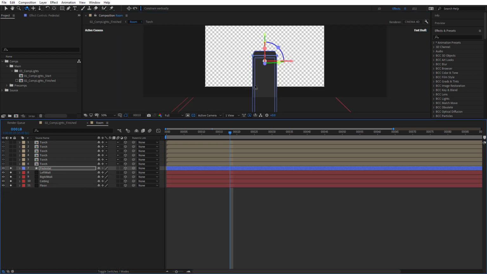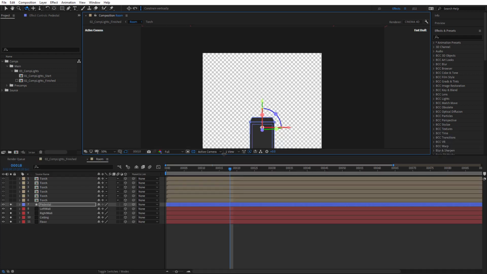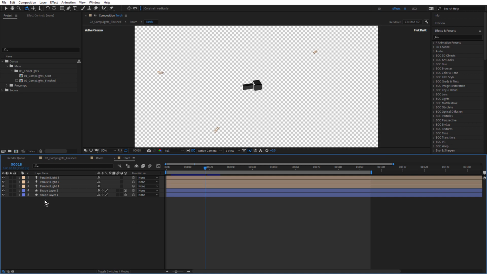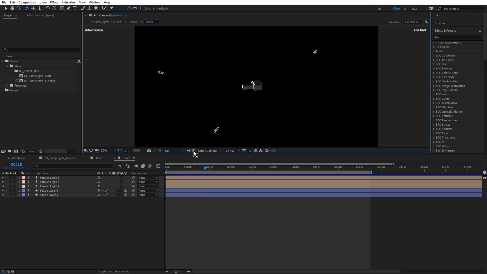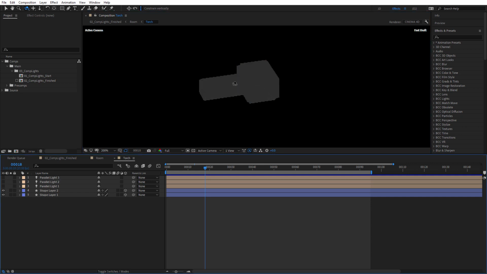Now on the walls we also have some torches. And you can see the torch itself has been pre-composed as well. Let me just double click that. So the torch has been built in its own composition. And you can see I've actually got some lights in here just to allow me to work a little bit more easily with that. I could have done the same for the pedestal. If I turn those off, it looks very flat. But with a few lights in there, you can start to see the bevels in there.